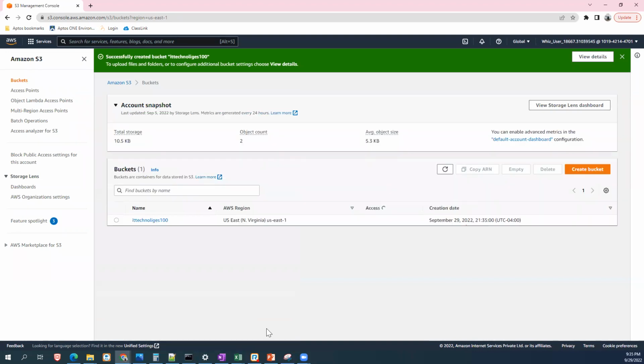It means that the bucket I created last time is gone, because that is just a simulator. It is not the real environment. But in the AWS real environment, if you create a bucket, it will stay there. Okay. Now the same thing.